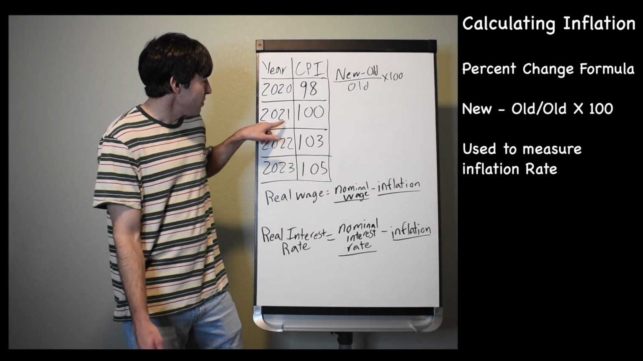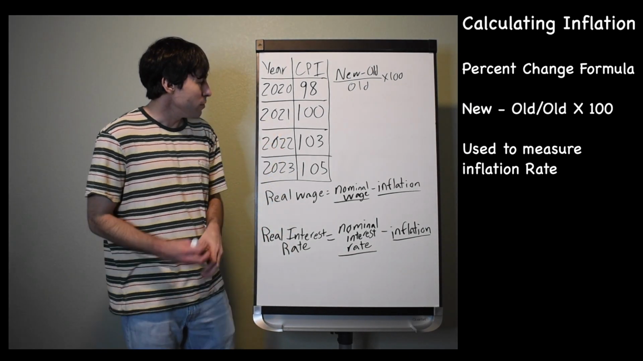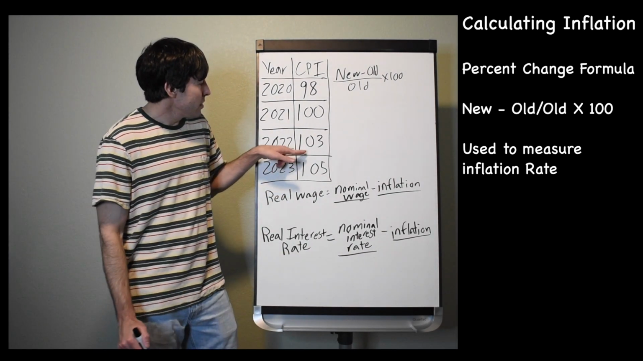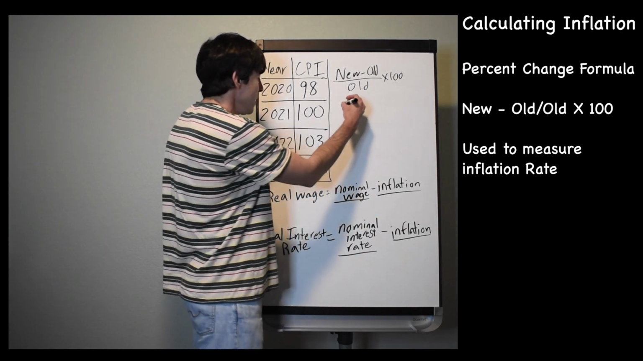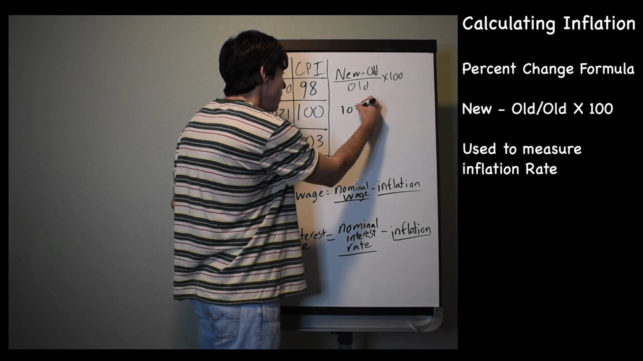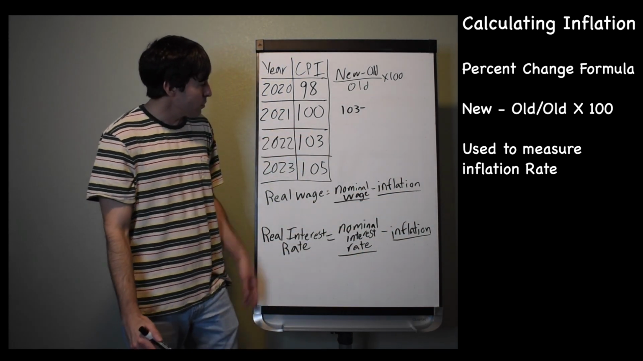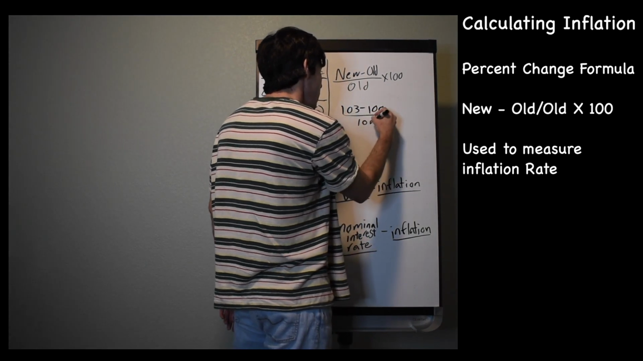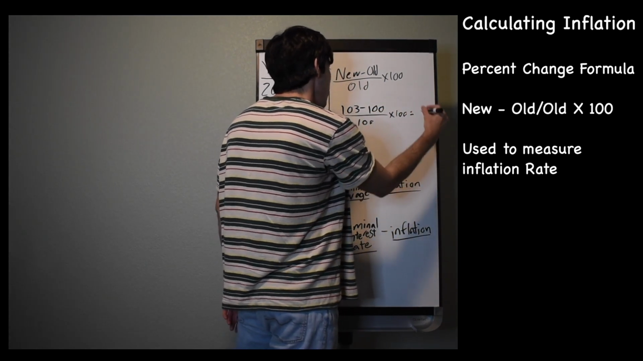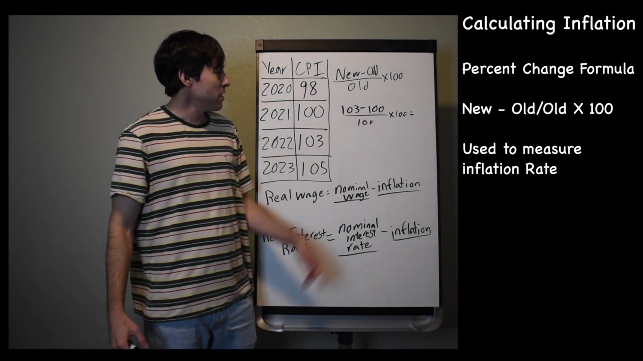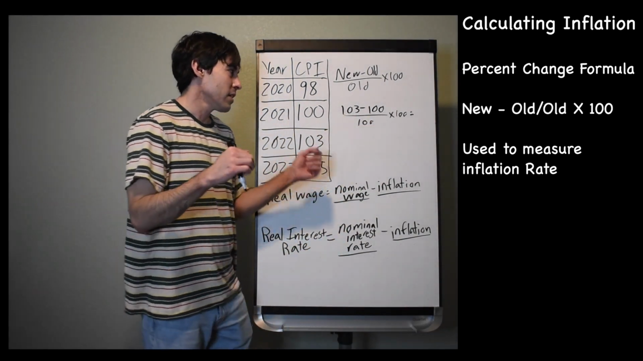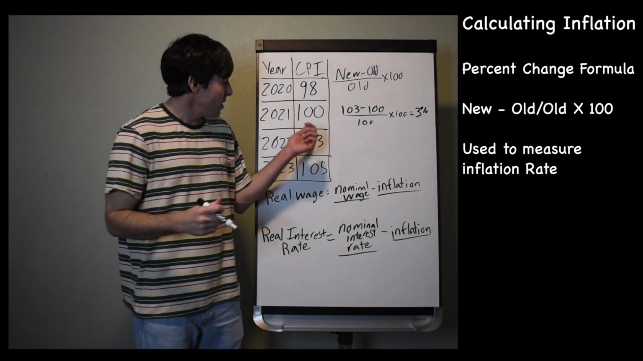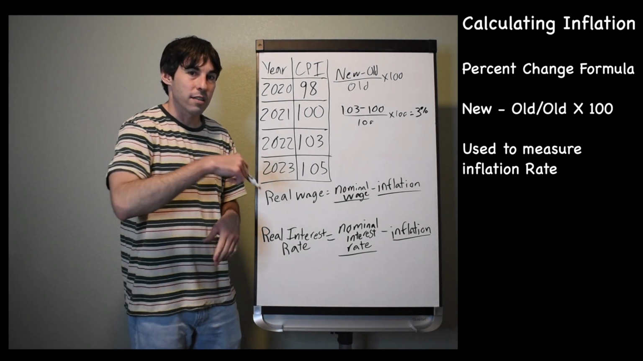So let's say we're measuring the inflation rate between 2021 and 2022. We're seeing how much prices changed over the course of that year. So the new CPI is going to be our 2022 CPI that was 103. We're going to subtract our old CPI, which was 100. And then we're going to divide it by the old again, which is still 100, and then multiply by 100, and that's going to come out to 103 minus 100. That's 3 divided by 100 times 100 is 3%. So that's how you measure the inflation rate using the price index that we created in the last video, using